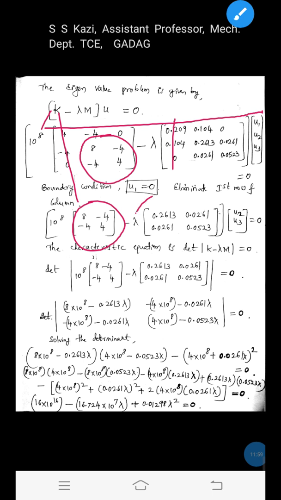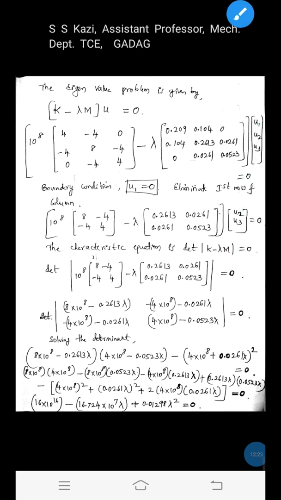Here also the first column in the mass matrix is to be eliminated, that means this one and this one are eliminated. Only these terms you need to write: 0.2613, 0.0261, 0.0261, 0.0523, into u1 is eliminated because u1 is 0, you will get u2, u3 is equal to 0. Okay,